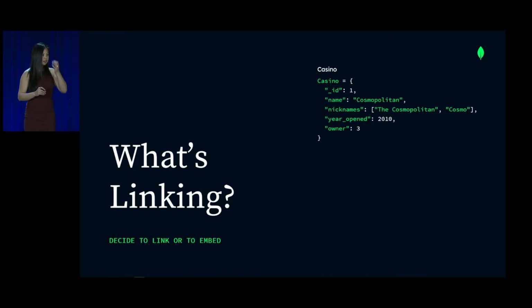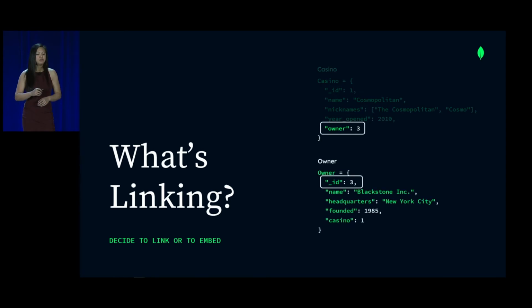What is linking? The first instinct in your gut is probably correct. We have a document here that holds some information about a casino. In this case, we're talking about the Cosmopolitan. And in order for us to link to some other information, we refer to it with some sort of unique identifier. Does this sound familiar? Foreign keys? Yeah. So in the very same concept, being able to refer to information that is stored on a different collection, that's essentially what linking is. We find some information that is separate, it is held in a separate collection, and we link to it.